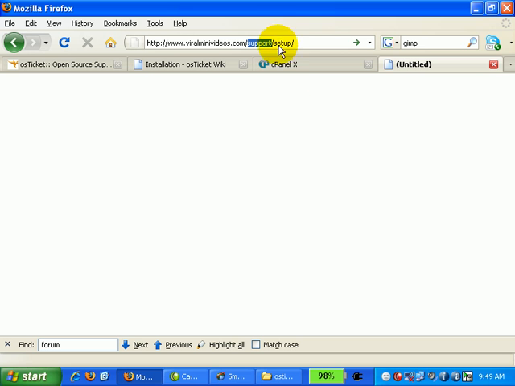So like I've shown you just now, I created the name as support, so this is my folder name. If yours is different, then just change this section to the name. And once we are done, just click enter,